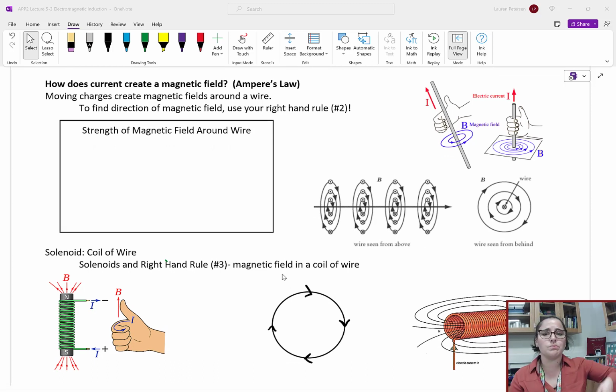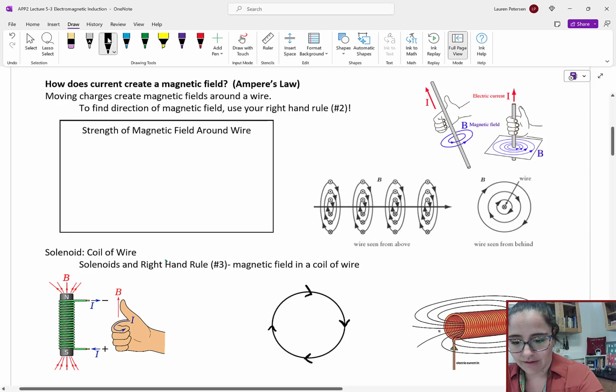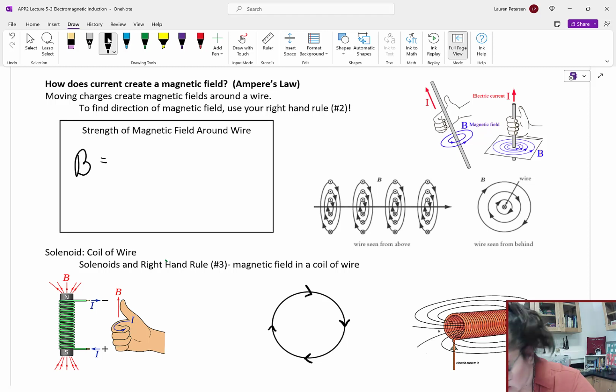Well, we've talked about how moving charges create a field, and if you're thinking about current, all a current is a consistent movement of charge. So that creates a magnetic field around the wire. Now, the equation for that one is that the magnetic field equals mu naught over 2 pi times I over